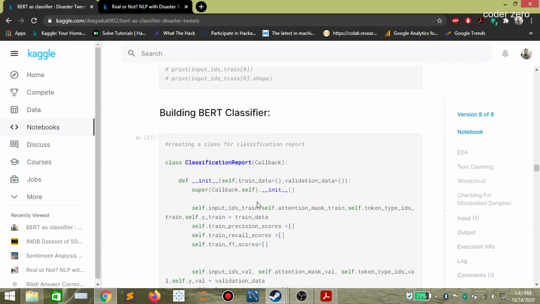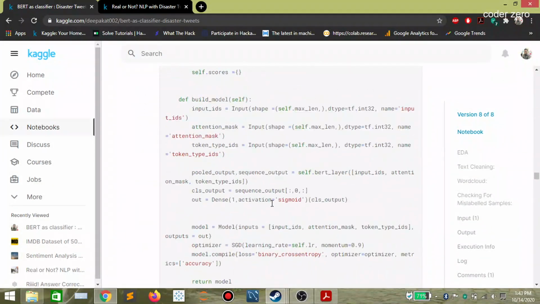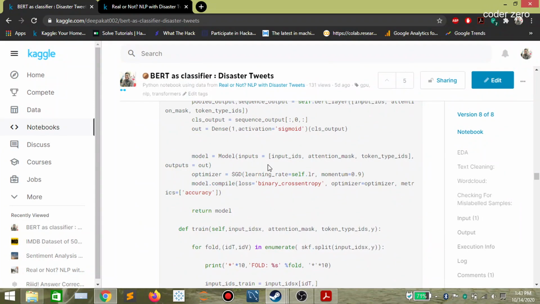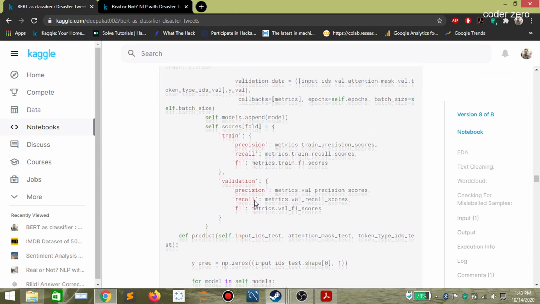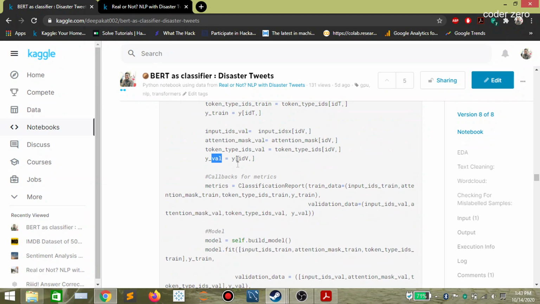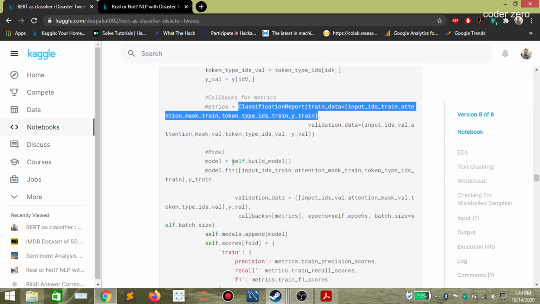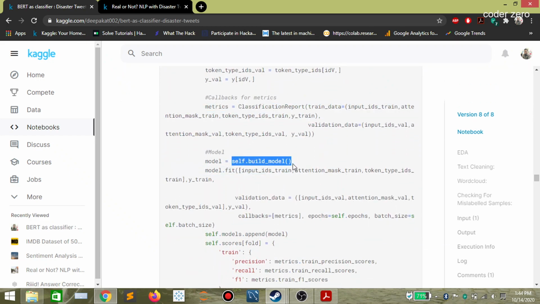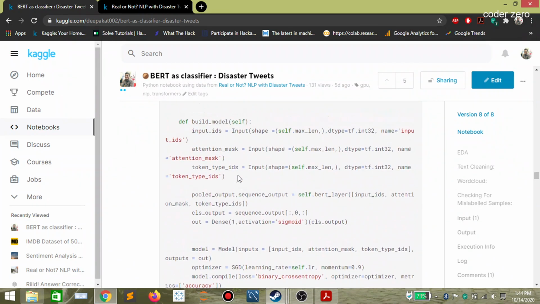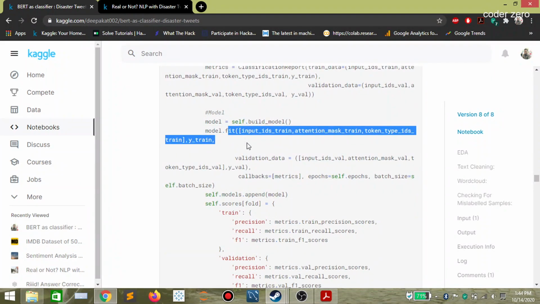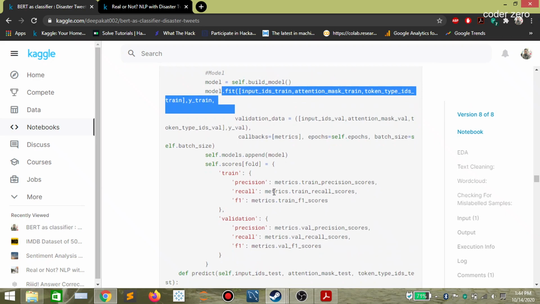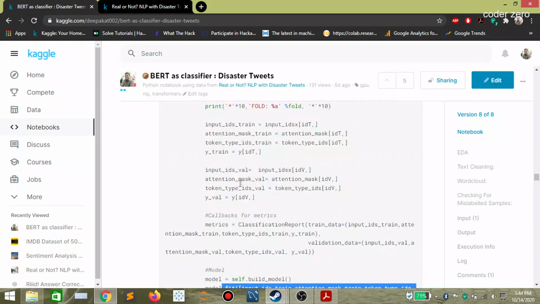After this we are creating a callback function, like we have created here. You can see the callback class we have created here. So we are creating a callback object. Then after that we are building a model here by calling the build model function. Then we are fitting the model. After the model is fitted, we'll be saving the model into the models list we created earlier.